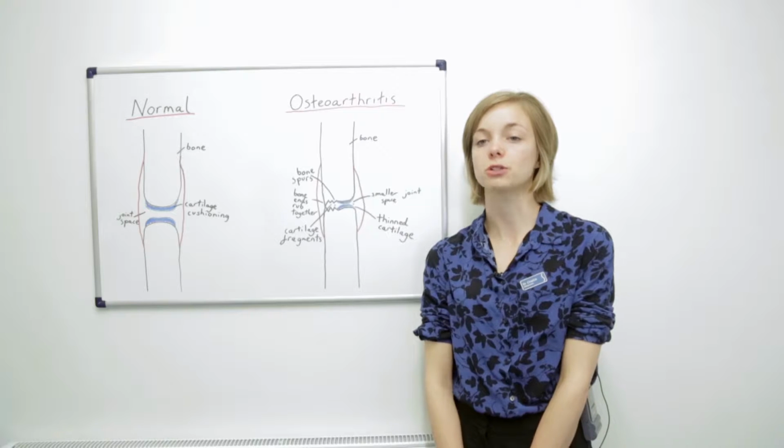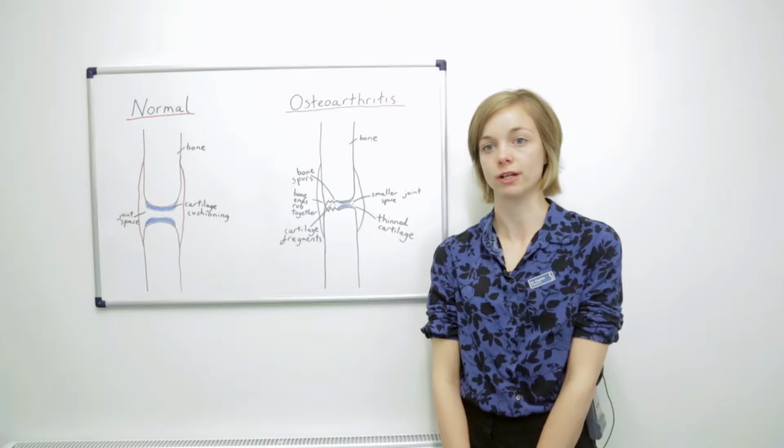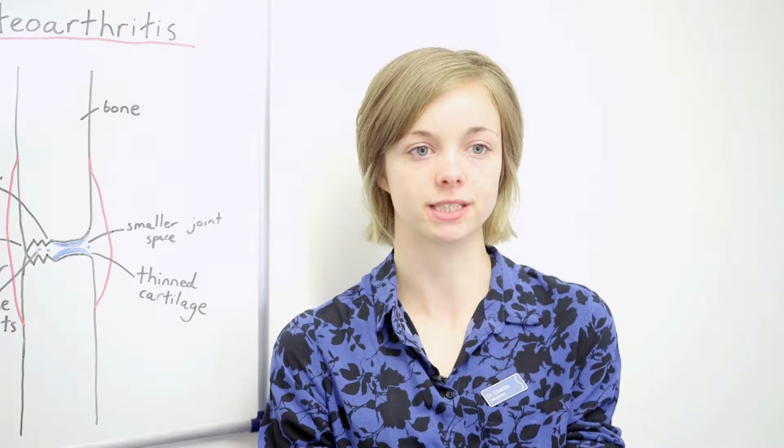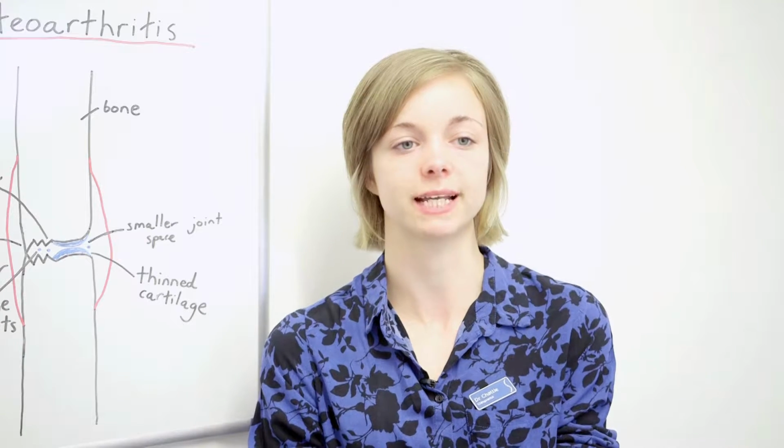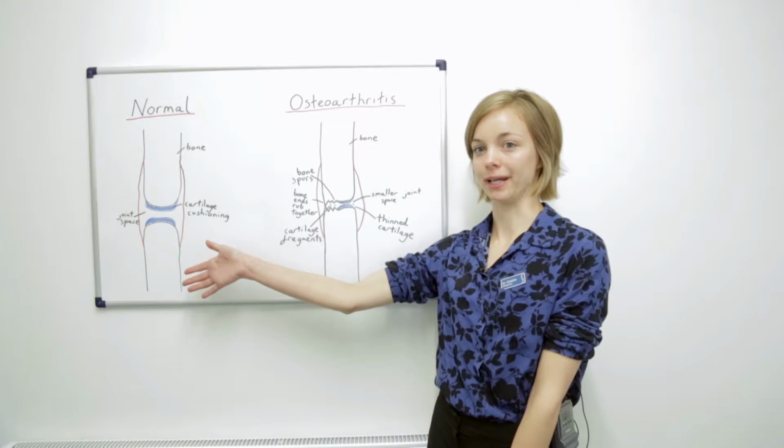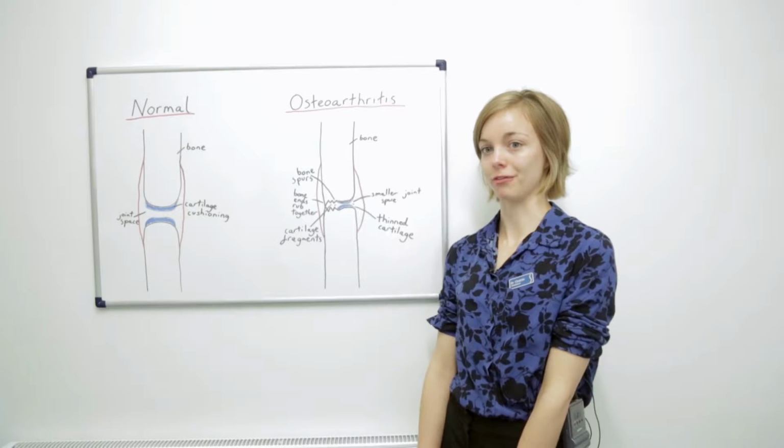All of these different types of arthritis have different symptoms and affect the body in different ways. The most common type of arthritis is osteoarthritis. This is wear and tear of the joints, and over time and through overuse, the protective cartilage in your joints will become damaged. Here we've got an image of a normal knee and one that's been affected by osteoarthritis.